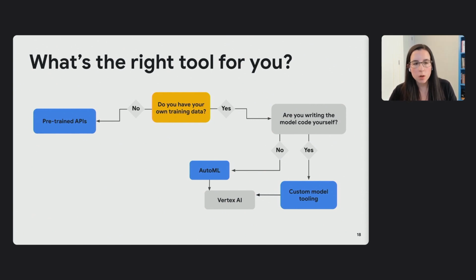If the answer is no, we have a set of pre-trained APIs for you that give you access to pre-trained machine learning models that have already been trained on lots and lots of data. So all you need to do is pass it some data, and it works just like a simple REST API, and you'll get some analysis back. So this is a great choice if you want to perform a common machine learning task, maybe by analyzing what's in an image, getting the sentiment of text or translating text. We have a number of different REST APIs to help you do that if you don't have your own training